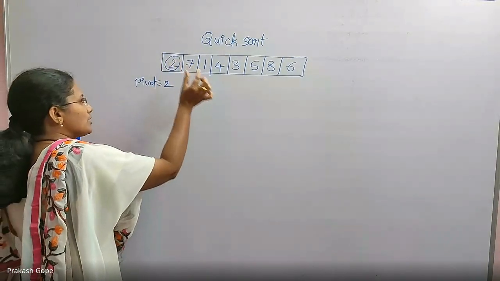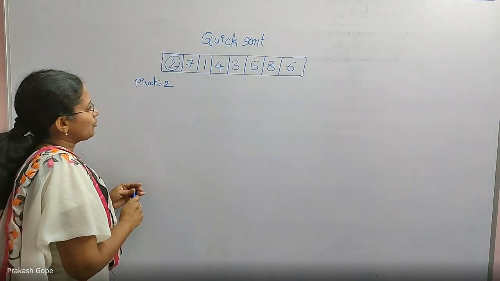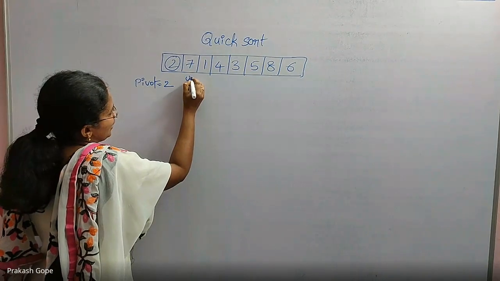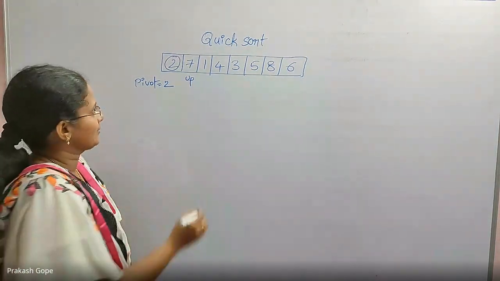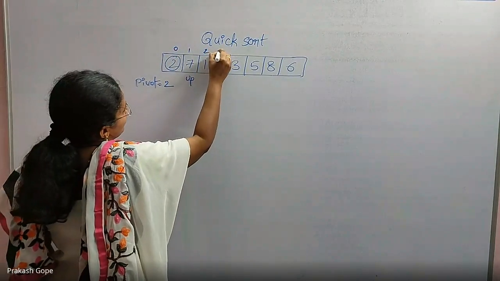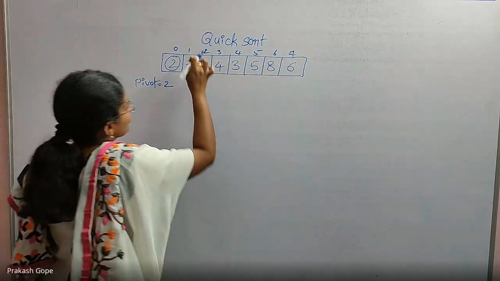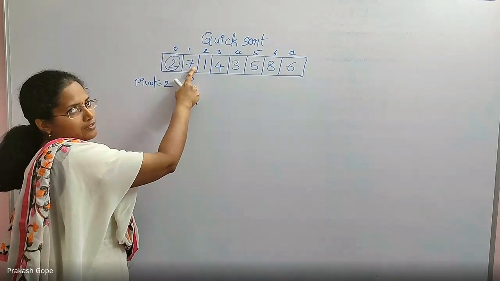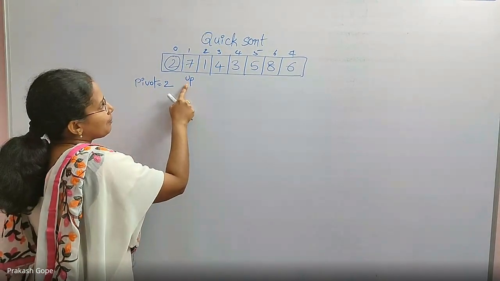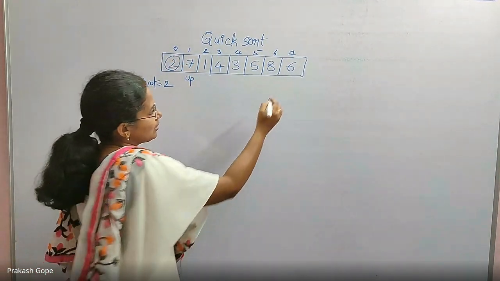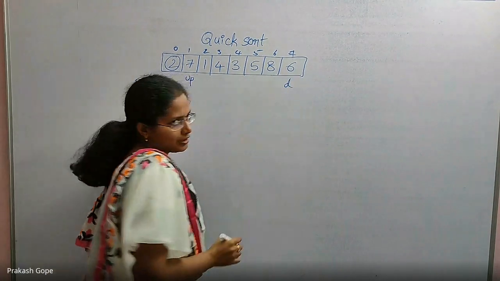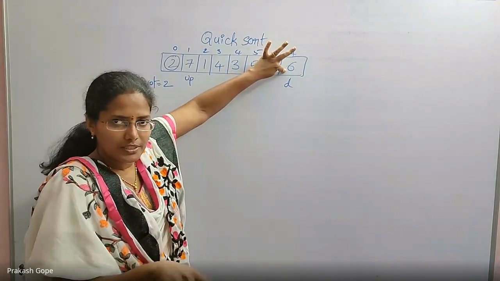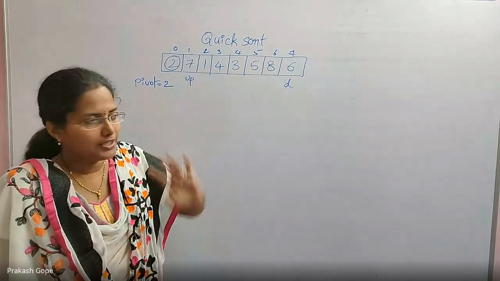Now, how should it go and sit in its right place is the first logic. This is how we do it. If I select this one as the pivot, the very next element, I will call its index up. Indices are 0, 1, 2, 3, 4, 5, 6, 7. So this one index is up. A of up is 7. So the element is A of up; up is just the index. Similarly down. Down always starts at the end. This is down. Down is index 7. A of down is element 6. Is that okay? The array name is A.